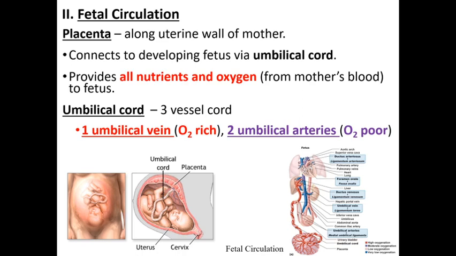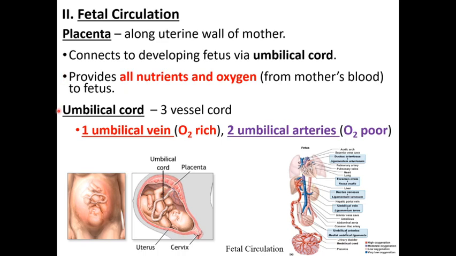With regards to fetal circulation, now a separate lecture, separate from the hepatic portal system. That was one concept. Here's another concept we're going to discuss: blood flow within the fetus. So all nutrients are obtained from the mother's placenta to the baby. The placenta is along the uterine wall of the mother. The nutrients will enter the baby via the umbilical cord. All nutrients, all the oxygen, it's from the mother's blood via the placenta, via the umbilical cord to the developing